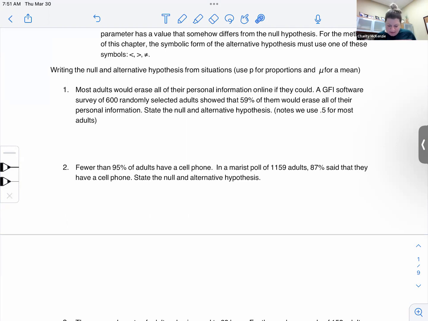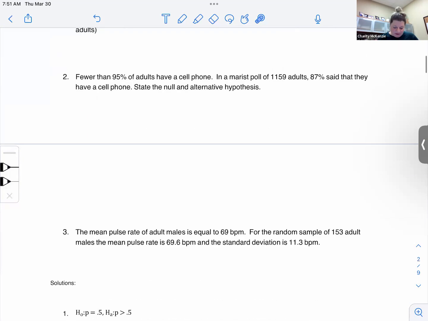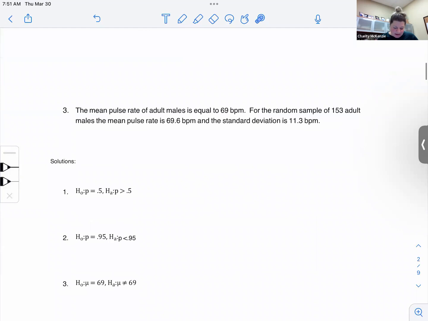So this one says at most, okay, all of, right? Adults showed 50% of them would erase all their information. So we use 0.5. I just have that note on there, and then I was like, but this one doesn't even use that. So then I was confusing myself for a second. I think I have the answer right here, but